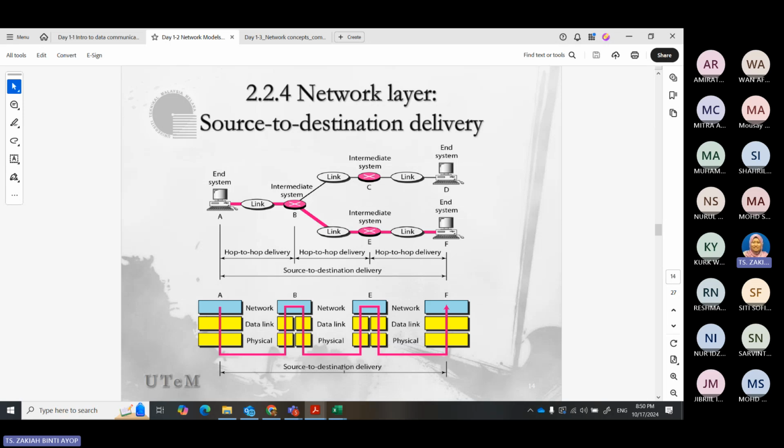Okay, E again, check. This is my MAC address, but this is not my IP address. But the IP address I recognize, because it's at F. So I would send it out again, changing my destination MAC address to F, and then send it out to the network. By the time F receives it, F will check: oh, okay, this is my MAC address, this is my IP address. Then I will proceed to the next layer, layer by layer.